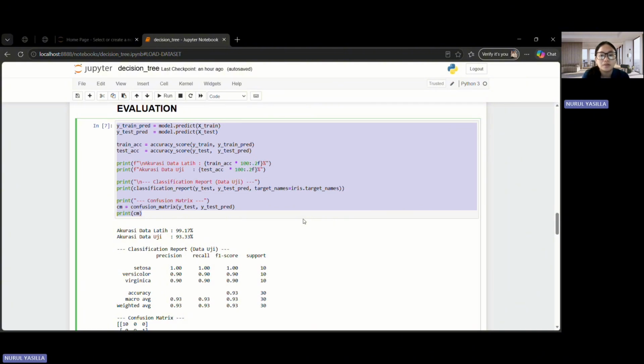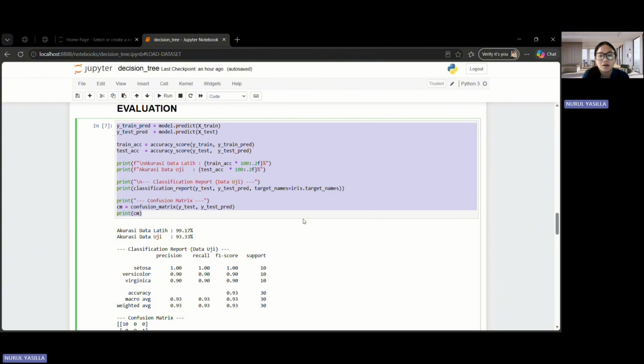Classification report provides more detailed information per class: precision, how precise the model is in making positive predictions; recall, how completely the model finds the correct class; and F1 score, the harmonic mean of precision and recall.